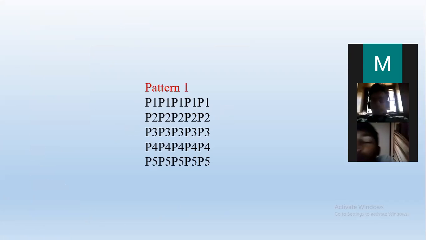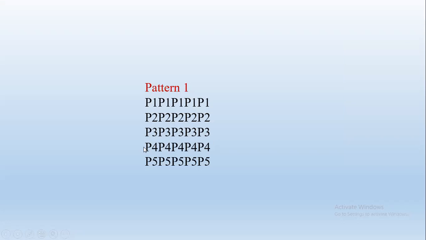That is the row number. Next, in row 2, we are printing P2 5 times. So P along with row number 2. And in the third row, P and row number 3. P3 is printed 5 times. In the fourth row, P4 is printed 5 times. Similarly, in the fifth row, P5 is printed 5 times. So as we have taken the example, the row number we have taken as i. If we generalize this, we are printing capital P along with the row number. The row number is i. So we are simply printing Pi, right?